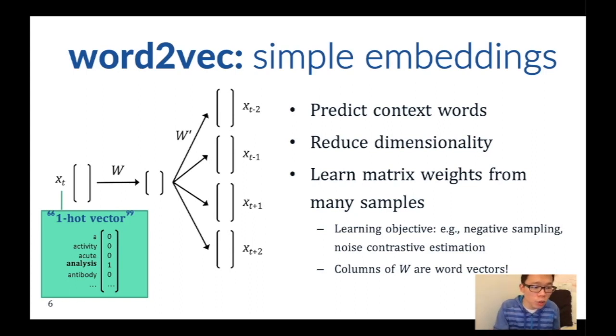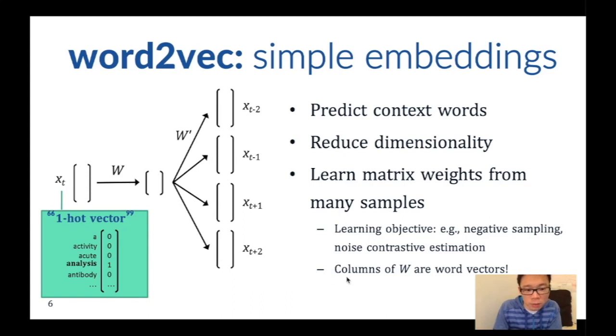Practically speaking, what you're normally doing is iterating through a document. When you're trying to learn these matrix weights, the learning objective, you can actually transform the way that this thing looks rather than directly having it represented as we're showing graphically. People do things like negative sampling or noise contrastive estimation, which I'll show you later. But the idea is that you're basically trying to predict the context words here in Word2Vec.